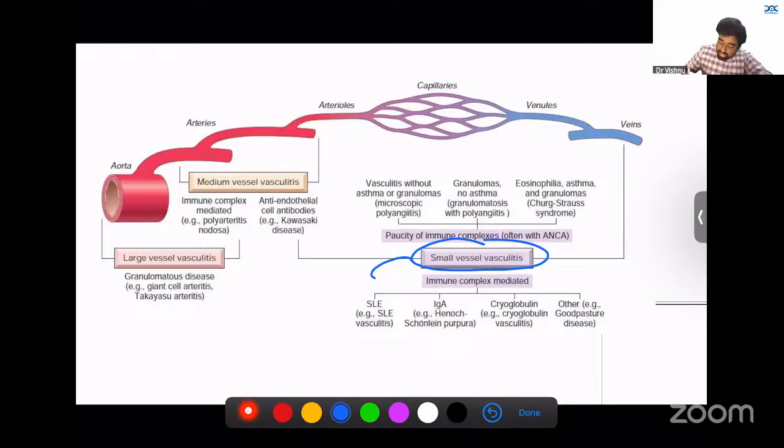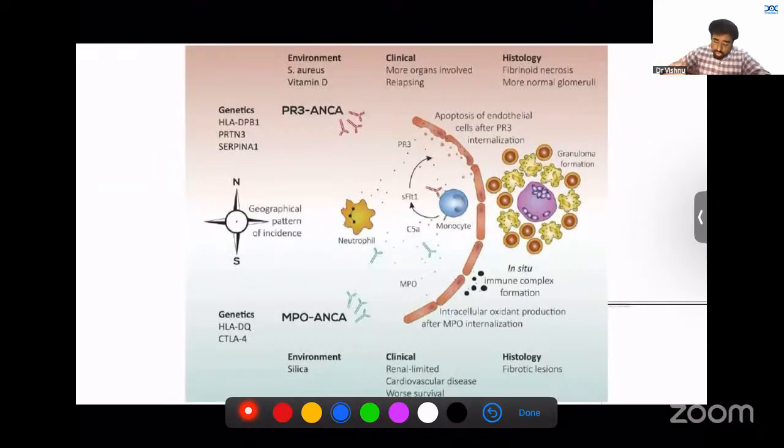Small vessel vasculitis is classified into ANCA associated and non-ANCA associated, or what we call as pauci-immune vasculitis. In your pauci-immune vasculitis, you have your ANCA positive vasculitis and your immune complex mediated vasculitis. You have Henoch-Schönlein purpura, you have your Goodpasture syndrome, cryoglobulinemia, and other diseases, right? SLE vasculitis and other CTD associated vasculitis, all of that comes into your immune complex vasculitis. While your pauci-immune, where there are not so many immune complex deposits, it's more of antibody mediated, and that antibody is your ANCA associated antibody. So yeah, this is the main difference.